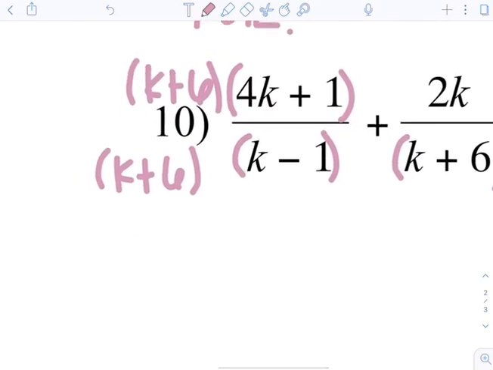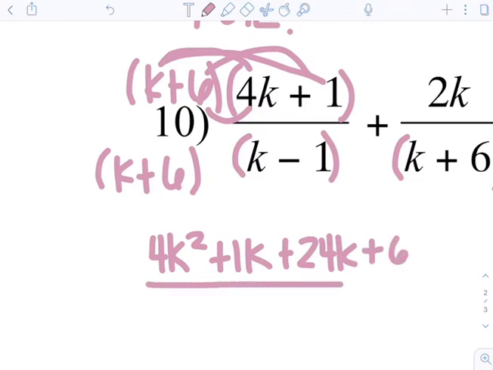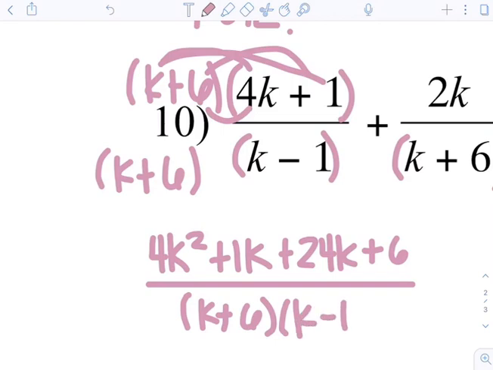FOIL. Okay, so in the numerator, remember it's first, so that's 4k squared, and then you got to multiply k times 1, that's your outside, so 1k, then your inside, so that's 24k, and then your last, so that's 6 over k plus 6, k minus 1,